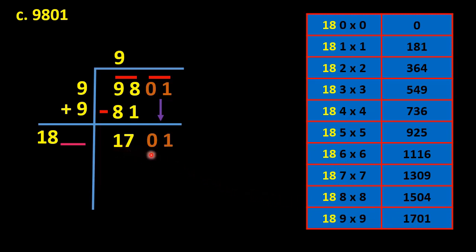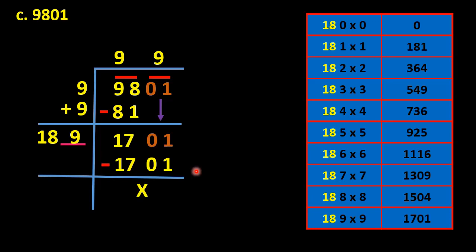Which is equal to the number here. So this 189, we have to write it here. Already 1 and 8 are there, so we add 9. So it will be 189. And this 9, we add above the second period here. So 189 into 9 is 1701. And then we subtract. The remainder will be 0 because both the numbers are equal.